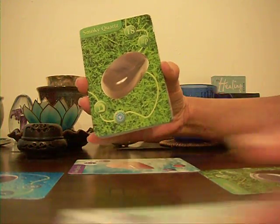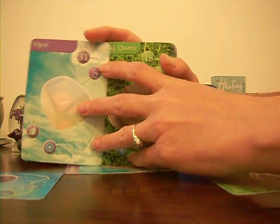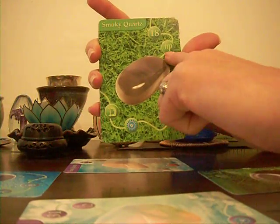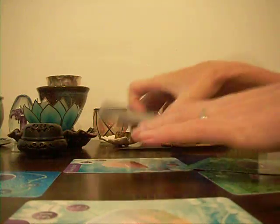And then the smoky quartz is just kind of like, that's the 18, and that's the 9, and that's another throat chakra. Okay, and that's Virgo, another earth. And there's the malachite that popped up while I was shuffling. Anyway, and this is kind of like